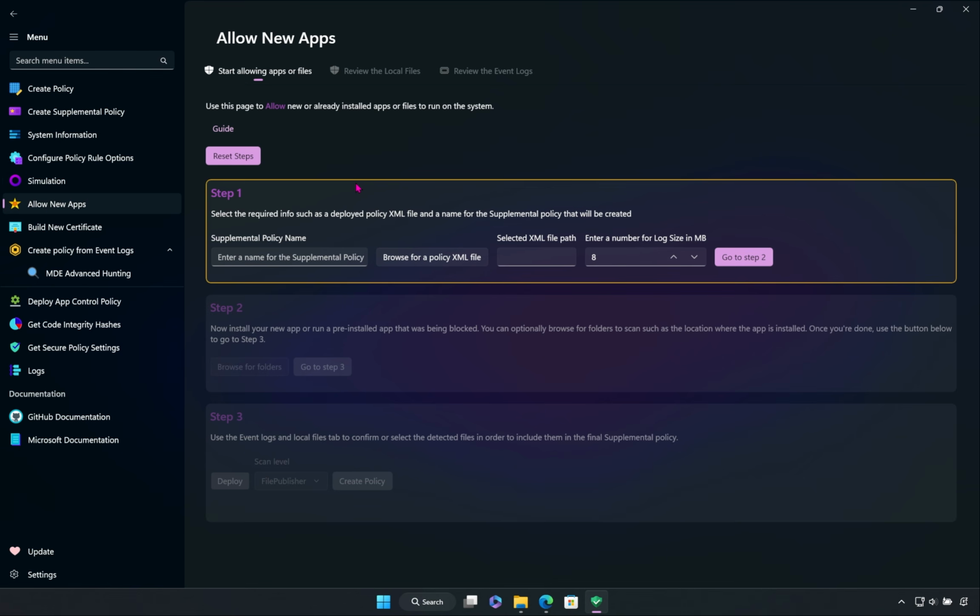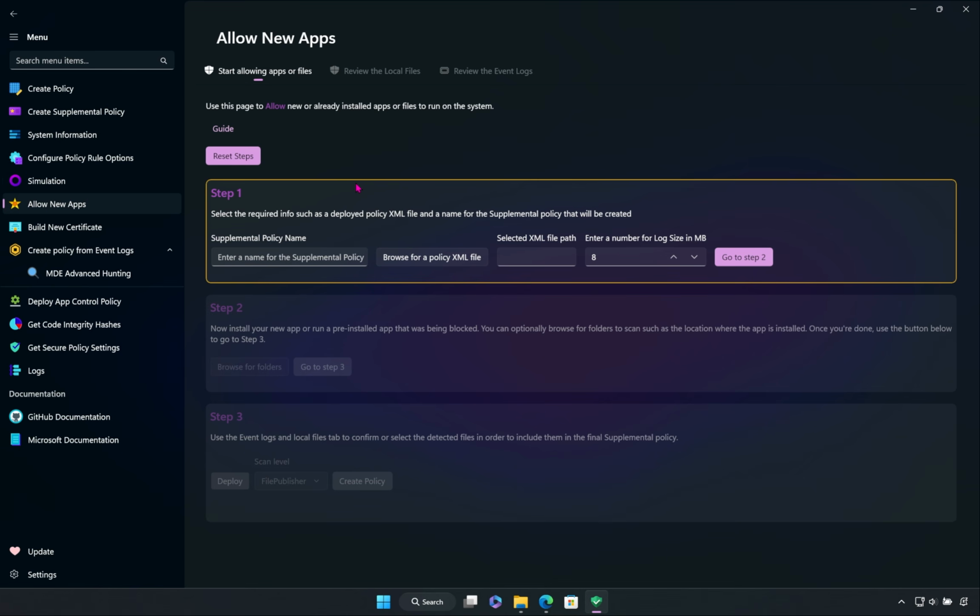This feature can also detect and create supplemental policy for kernel-protected files, such as the executables of games installed using the Xbox app. Make sure you run the game while the base policy is deployed in audit mode so that it can capture those executables. Whenever you need help or aren't sure about a feature or control, you can always click